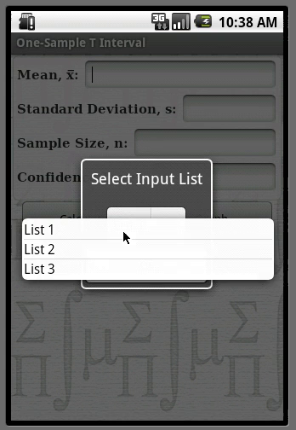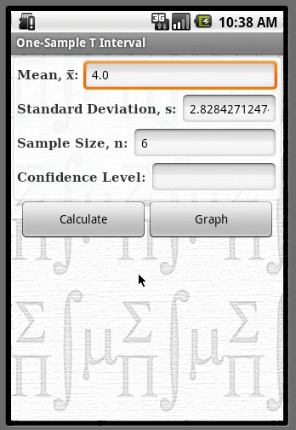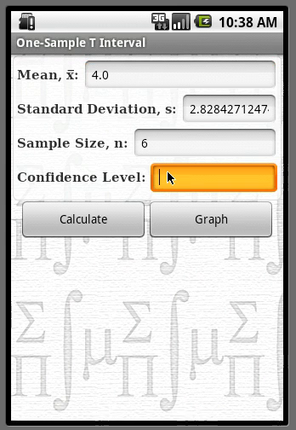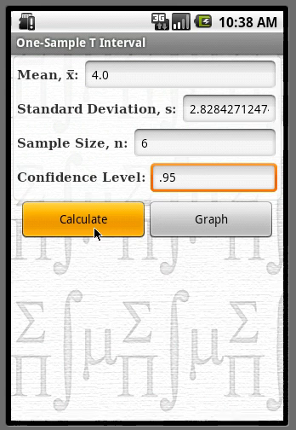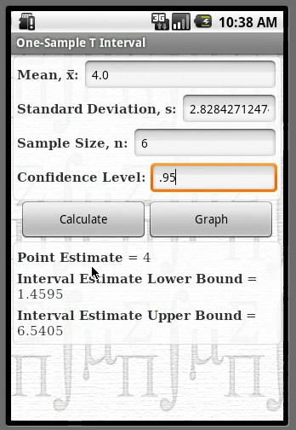I'm going to start with list 1. I click OK, and you see it fills in the numbers for me automatically. The only thing left for me to do is to decide on a confidence level. Let's pick a 95% confidence level, so I enter 0.95. I click Calculate. I see the point estimate's 4. The interval estimate goes from